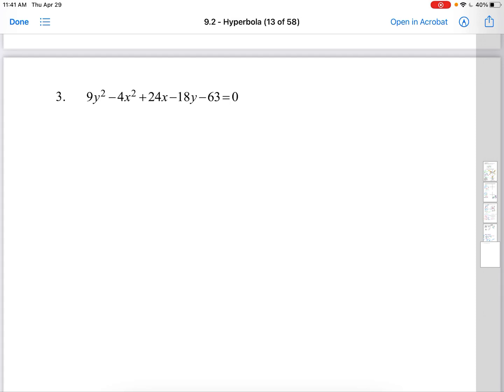So I'm going to leave you with question 3. Try this one on your own. Again, make sure all of your variables are on one side and the constant, the number by itself, is on the other side. That's where you should start, taking that negative 63, moving it to the other side, while also grouping your variables. Okay, it doesn't matter if y is first or x is first. You will make that decision at the end when you see which term actually has the negative coefficient or the negative denominator even. All right, so try question 3 on your own. Take a look at my teacher notes if you need and ask us